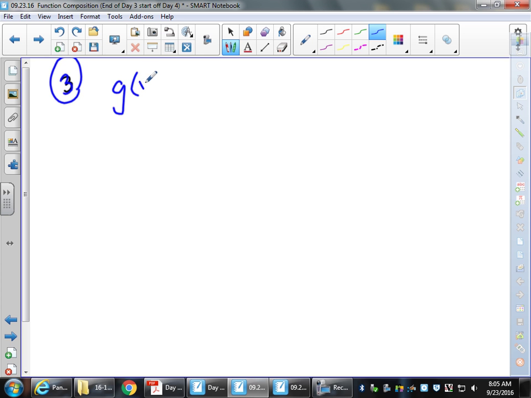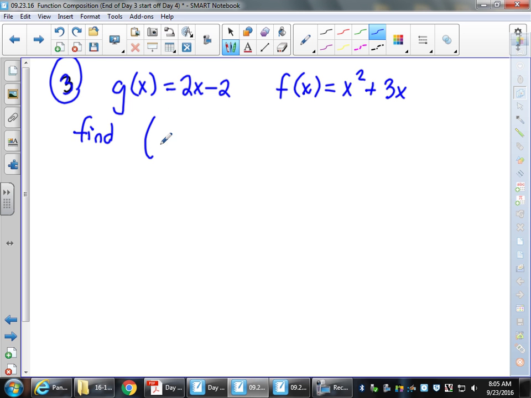So g of x equals 2x minus 2. f of x equals x squared plus 3x. Find